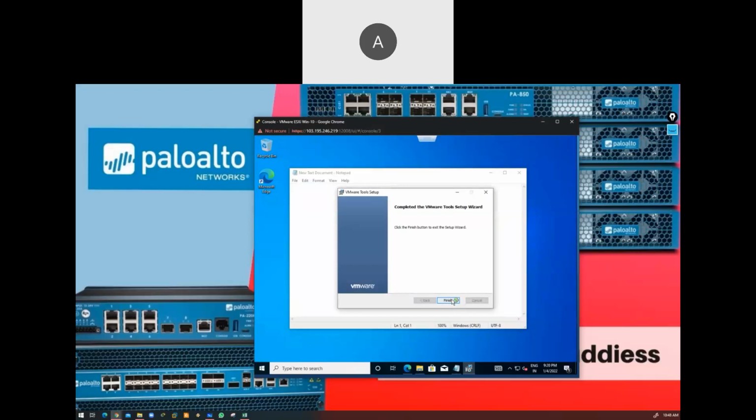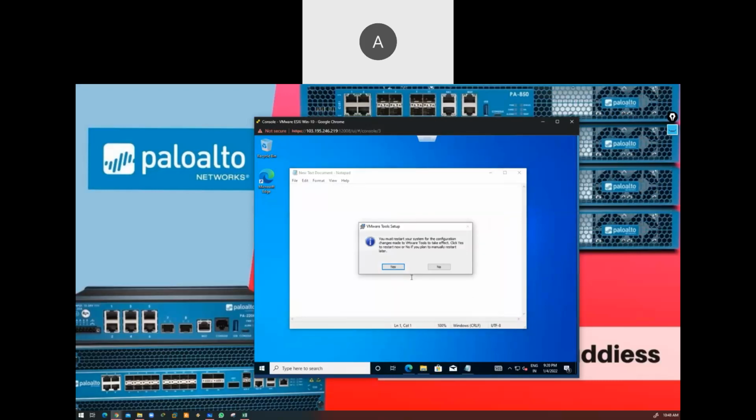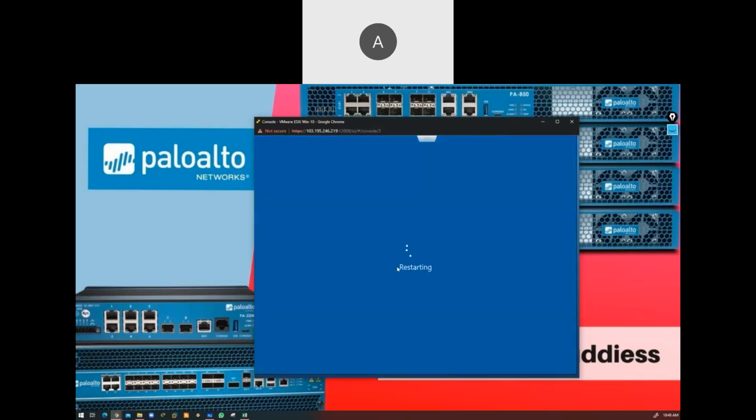Click on finish. And if it is asking to restart your machine, just restart. Okay, and then wait.